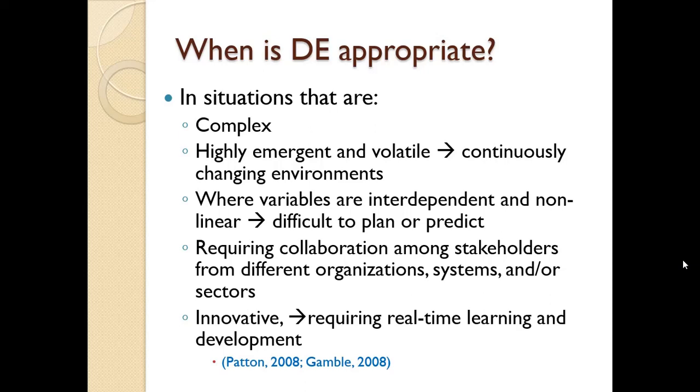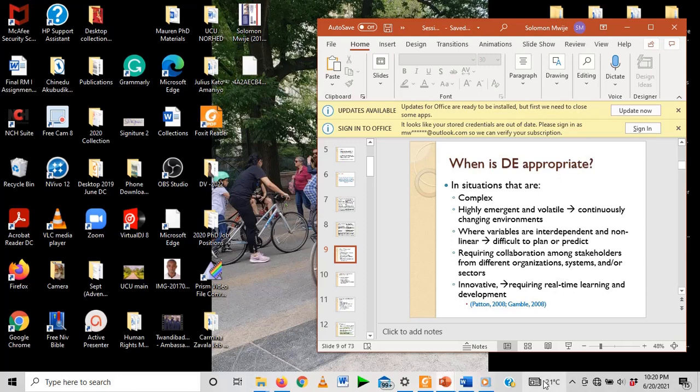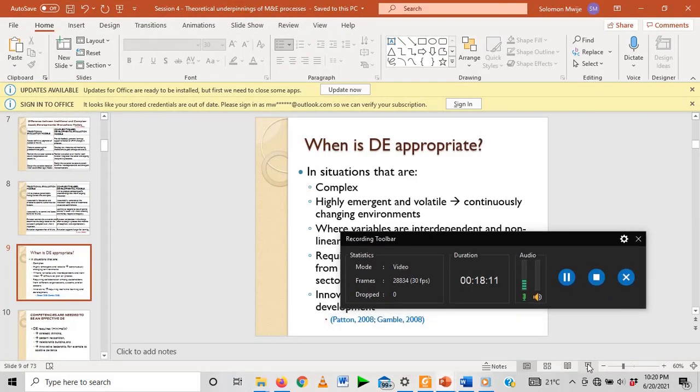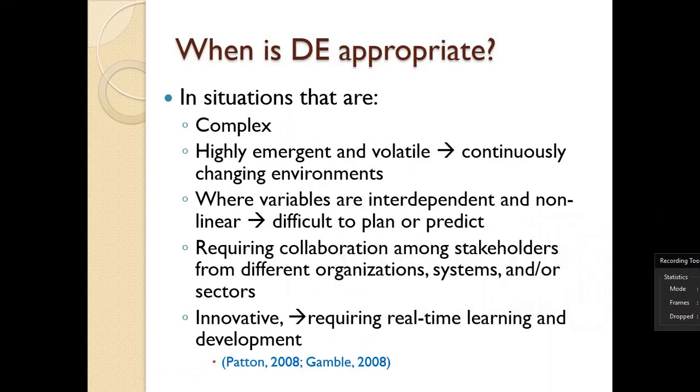Then you have situations that are emergent and volatile, so continuously changing environments. Maybe, for instance, it's an environment that is usually affected by environmental challenges such as pollution or floods or landslides. In that case, if a project was in that particular area, then a refocus on what the project should be implementing would happen. Then developmental evaluation can also be